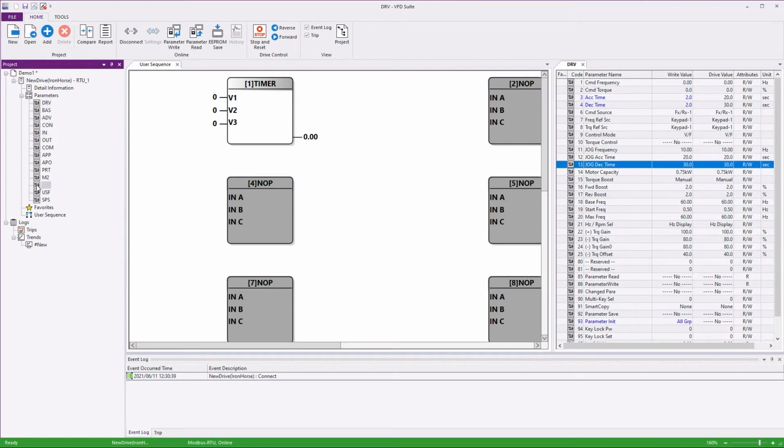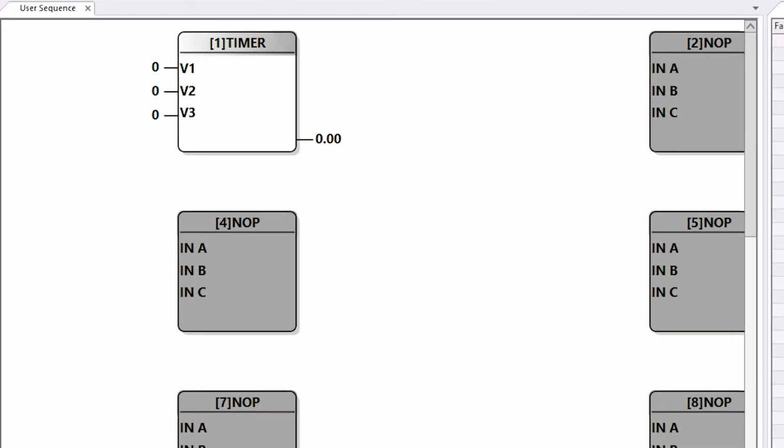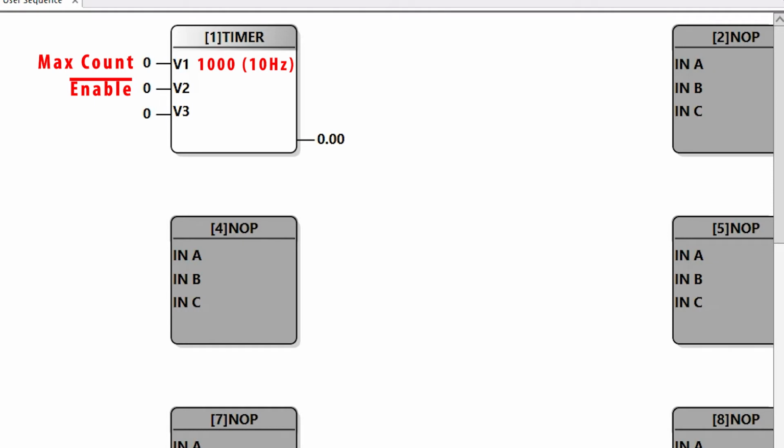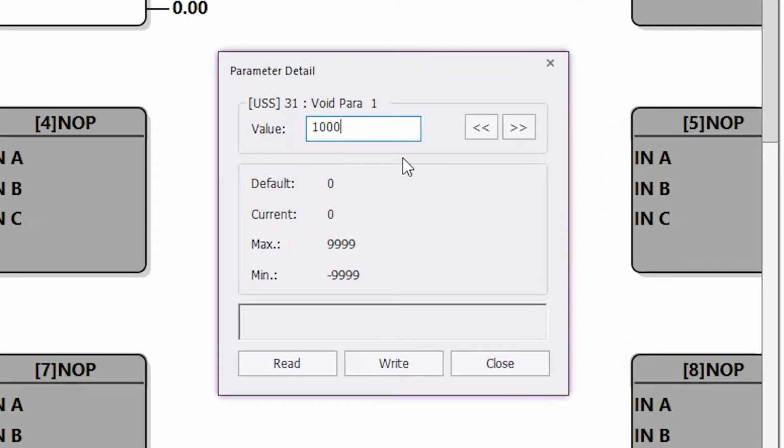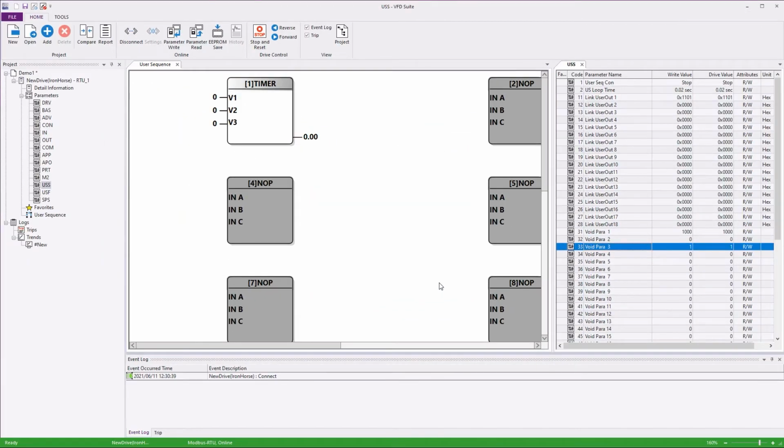And let's go back to the user parameters. The second parameter is enable, which is active low, so we need a 0 for that one. And we want mode 1, where the timer outputs the actual count. So I'll double-click on the first parameter and set it to 1000 and write it out. Right arrow to the second parameter and enter a 0 and write that out. Right arrow to the next parameter and enter a 1 and write that out. If I refresh the display to update the displayed values, yep, exactly what we need. Let's flip that back to display the parameters.